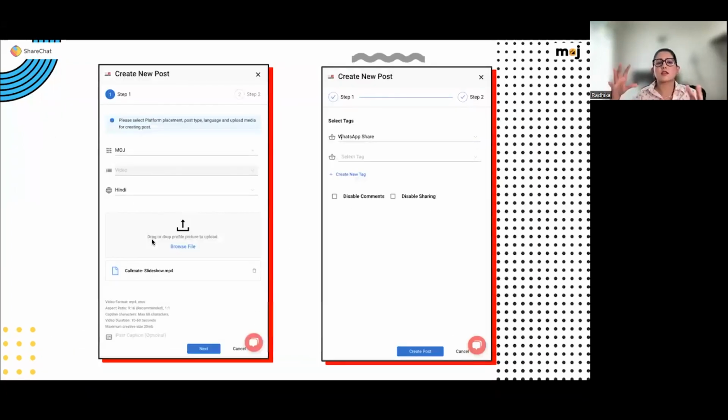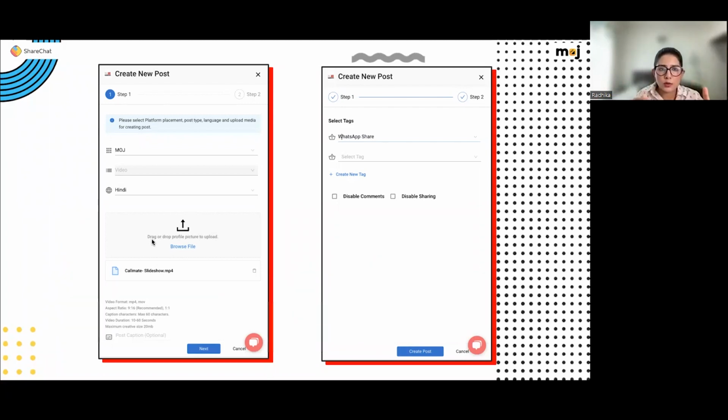So yes, these are screenshots of how you can go ahead and create posts. Very soon we are going to provide this permission to everybody who signs up. It's just a matter of the next release that we are going to make with our product, so we're just waiting on that. However, if it is an urgent use case for you, I would request that you please reach out to Seema and her team. They are more than happy to enable this permission on a case-by-case basis if it is extremely urgent. Otherwise, in the coming 7 to 10 days, this permission will be applicable to all of our self-serve users. So there's nothing to worry about.